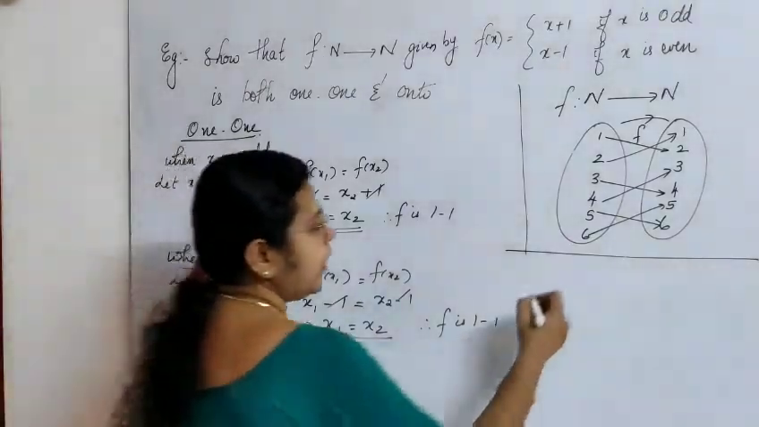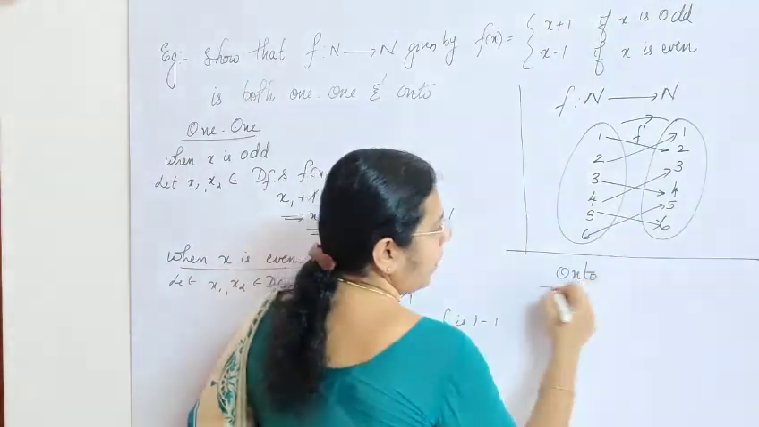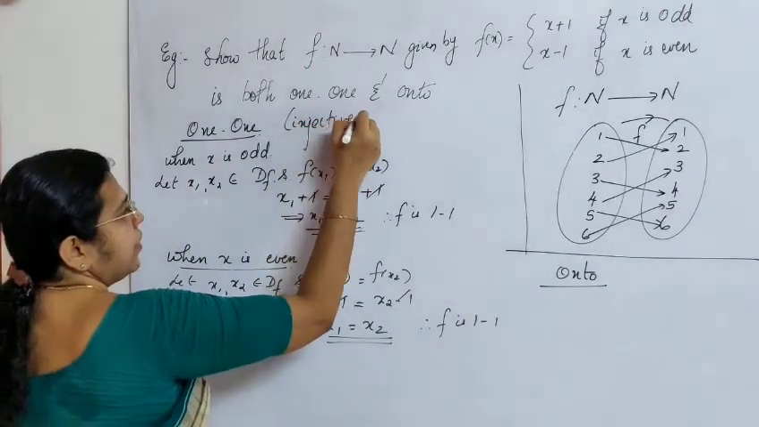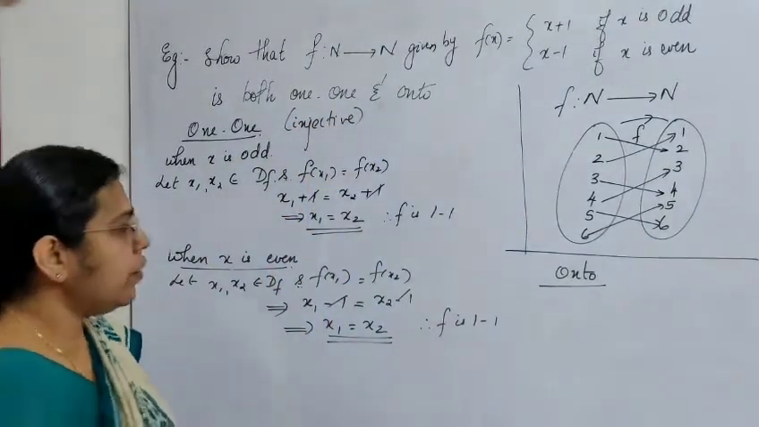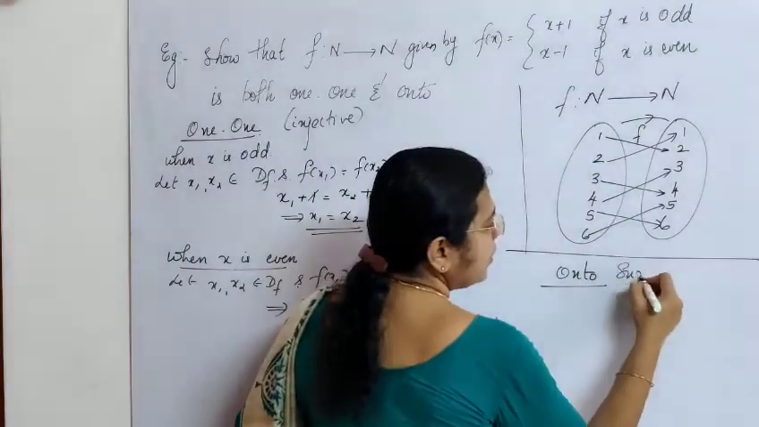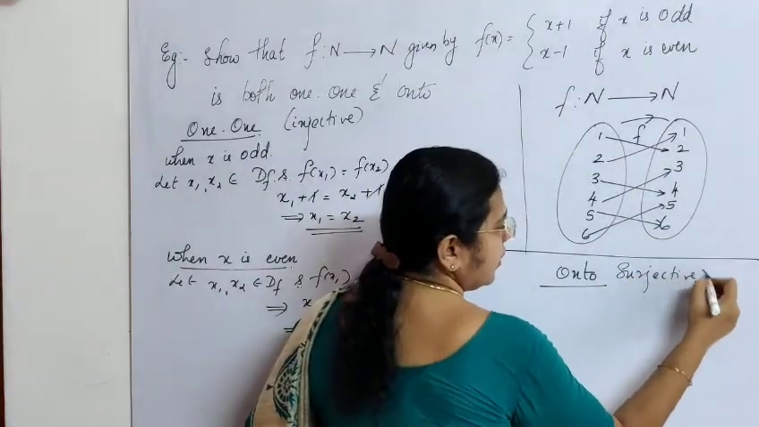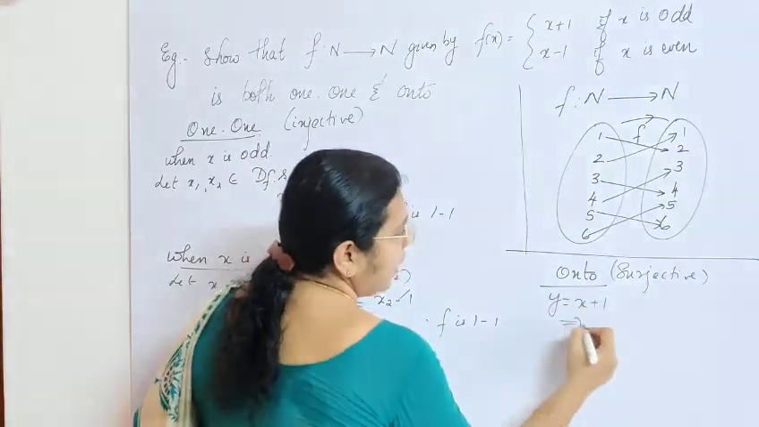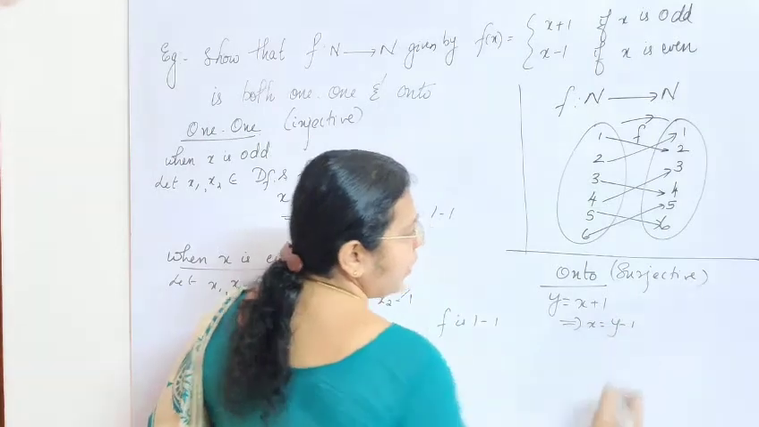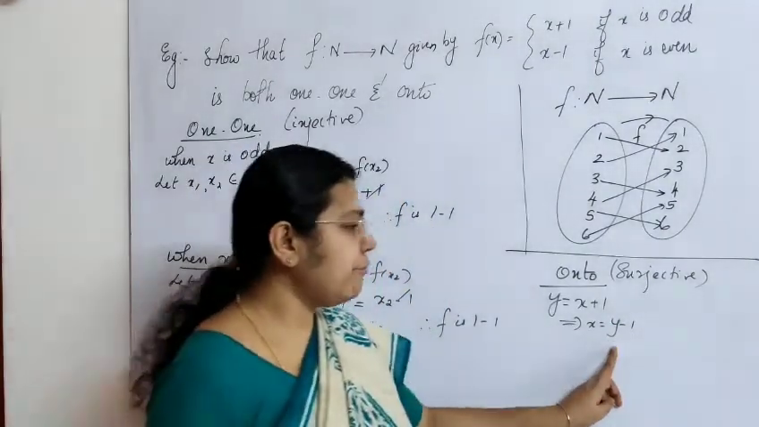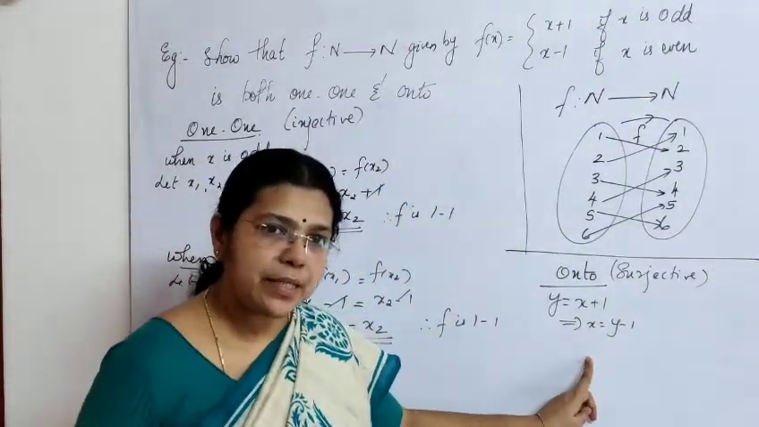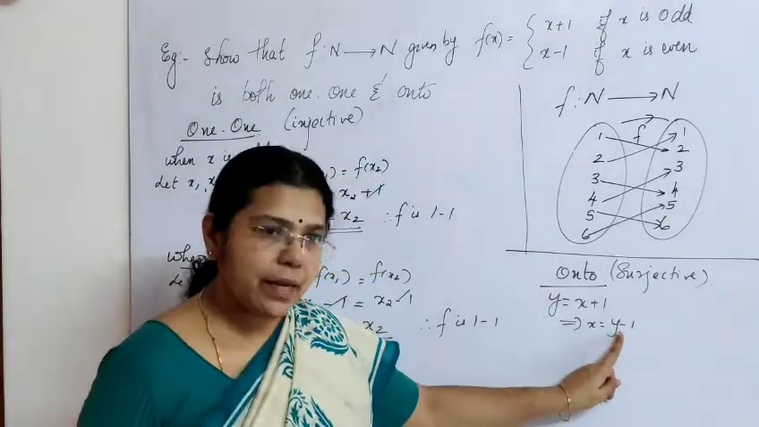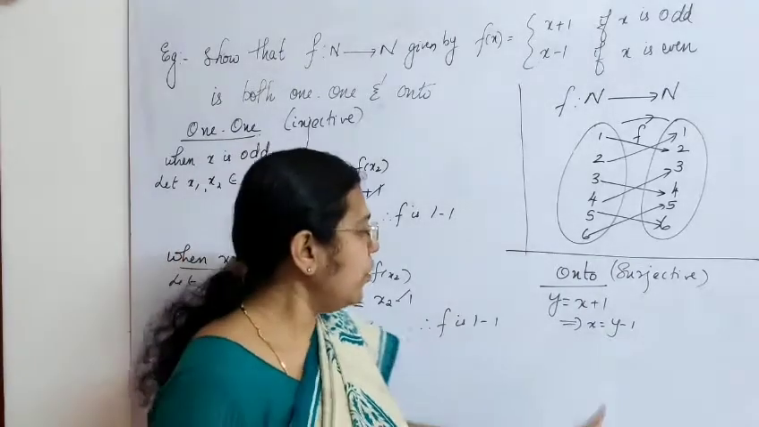Now, in order to prove that it is onto, 1-1 is also called what, children? Injective function. 1-1 or injective. Okay, onto is called a surjective function. So I take y equals x plus 1, which implies x is equal to what? y minus 1. Corresponding to every y, will I get a unique x? Yes or no? Yes. For any value of y taken, I get a unique x. So, therefore